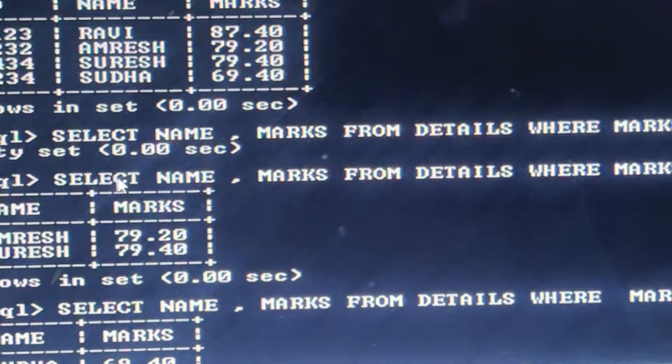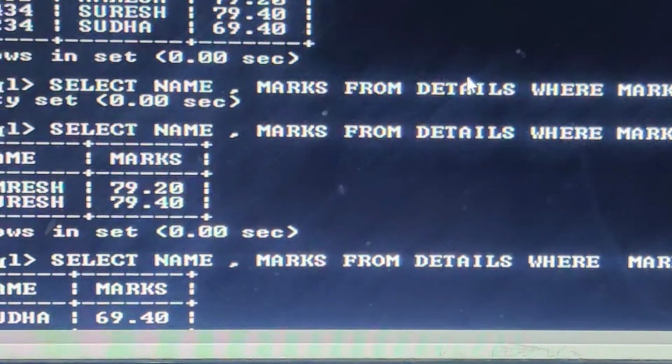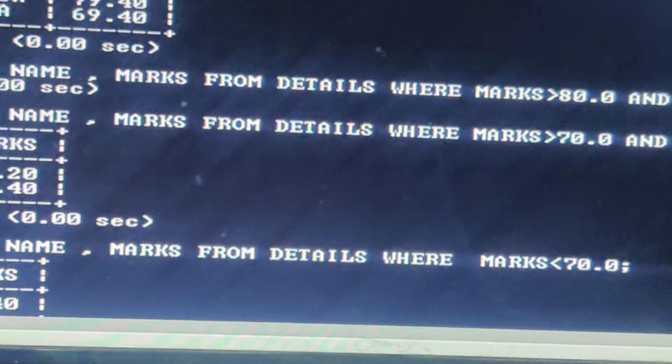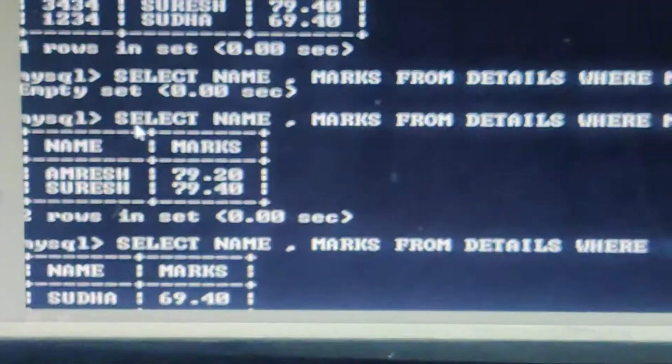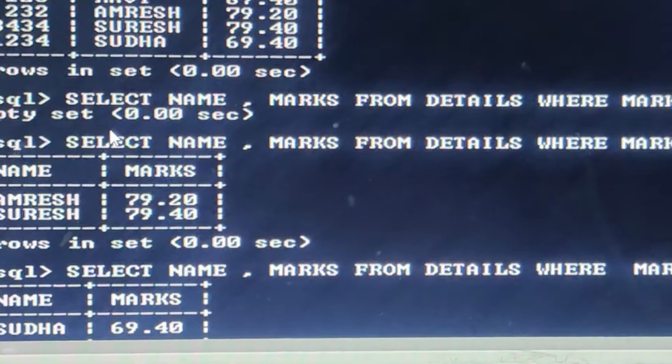If I say I want to see the names and marks from the table details whose marks are greater than 80 and less than 70, there is an empty set. Empty set means there is no such record.